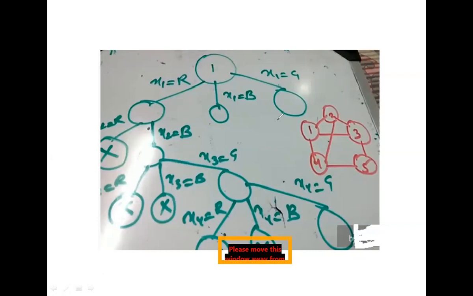Here the first node I am considering as red. Then we have different nodes: one is 2, then 3 and 4. So next I am considering node 2. Here node 2, and here node 2, here node 3. So we have different colors. Just see here, in this I am representing in 2 marks that here I choose the red color.